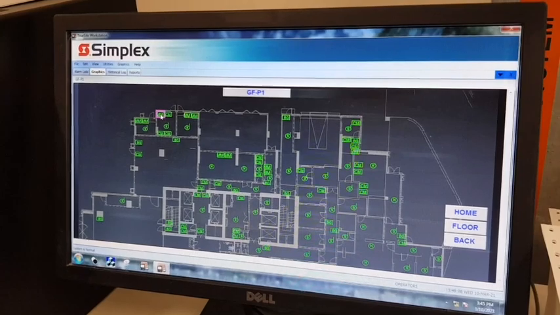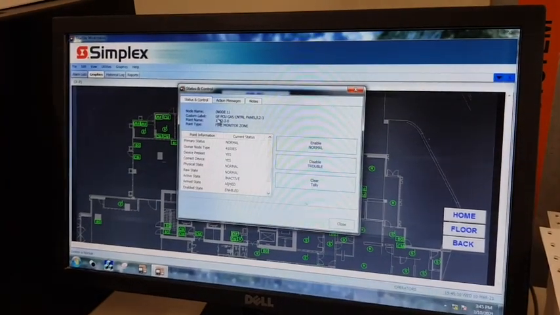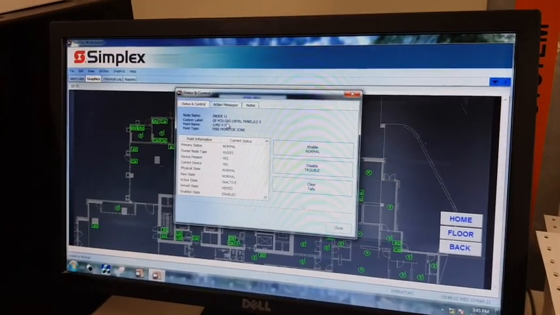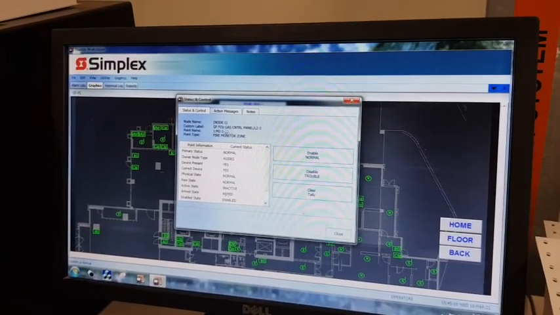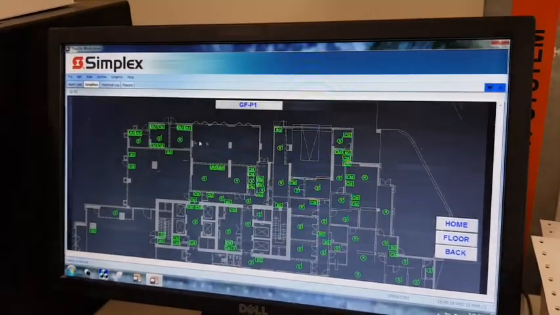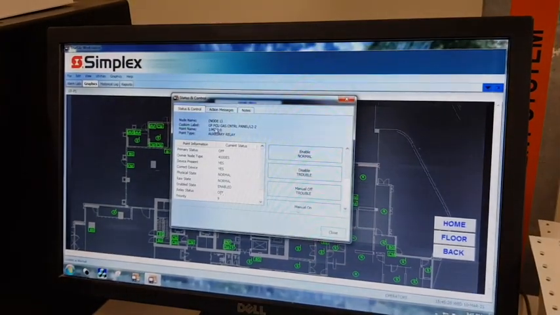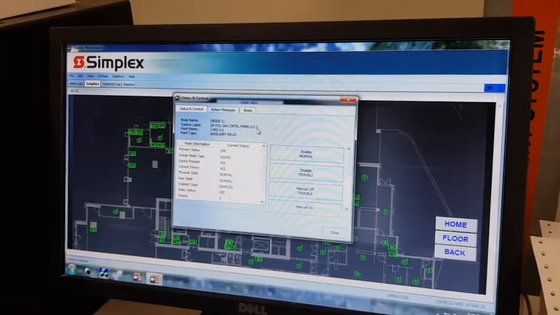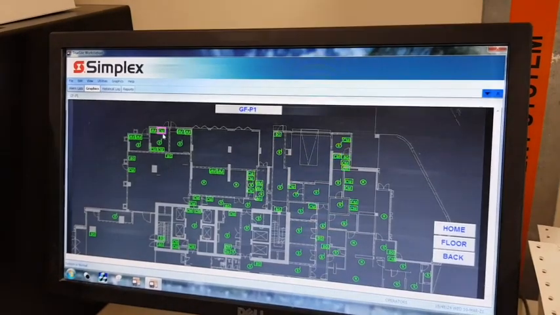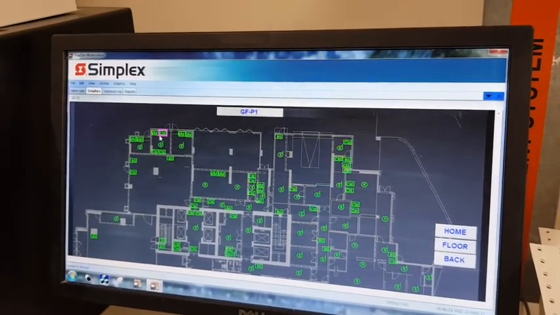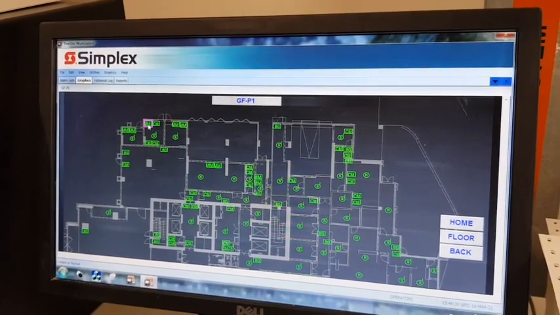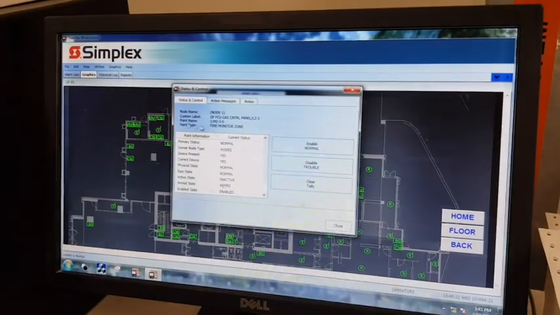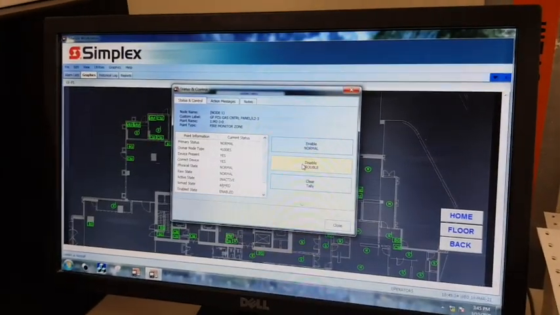Once I click on it, you will see ground floor gas control panel. I don't know why they wrote FCU something, but it is the ground floor gas control panel. If I click on the ground floor gas control panel, I know this is my monitoring module and control module for my gas system. So I don't have to do anything. I just have to disable it. Click disable the trouble.